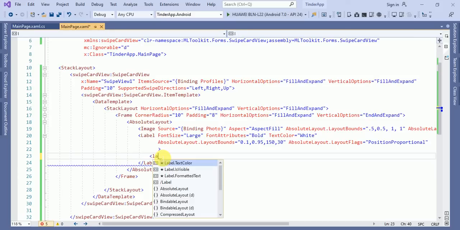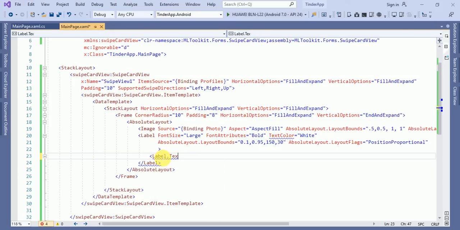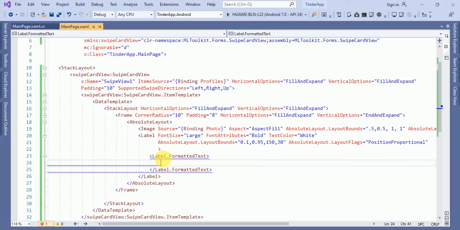And inside the label we will create another label, sorry, not label, label dot formatted text, and format string.